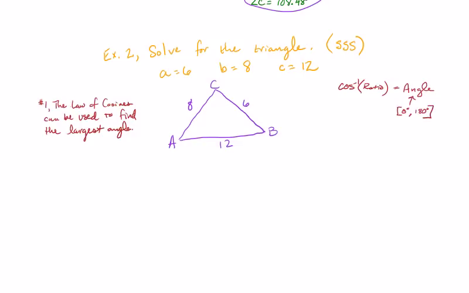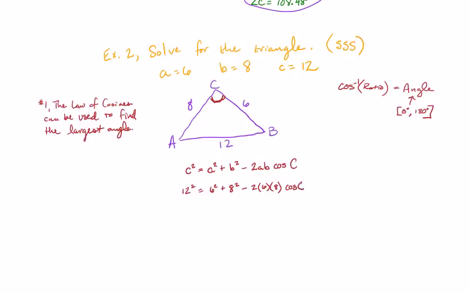So if I find the largest angle, which in this case would be angle C, then if angle C is obtuse, the inverse cosine would let me know that. That's why I'm going to go with the largest angle first. So if I'm going to find angle C, I want to use C squared equals A squared plus B squared minus 2AB cosine of C. We're going to plug in what we know. So we know 12 squared equals 6 squared plus 8 squared minus 2 times 6 times 8